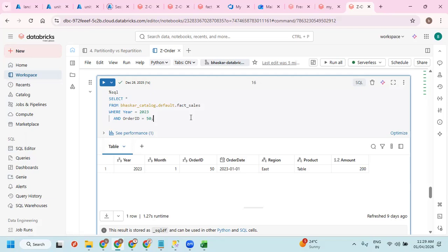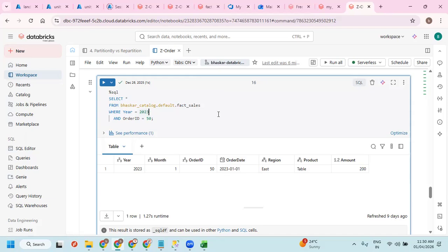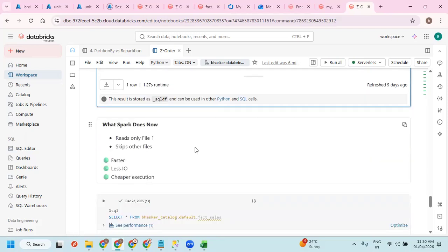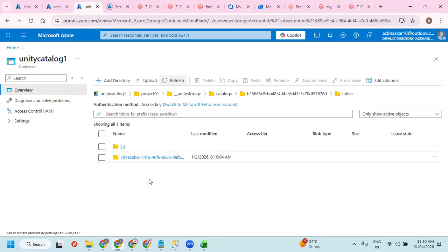While writing the data, we can use partition. The moment it is writing the data into the table, if it has a partition, let's say 2026 is coming and this is not available, automatically it will create a folder for it. So at the time of writing the data, it is going to arrange that. But for Z-order, how it is going to write the data, I cannot give a guarantee because I'm not able to see how this data is arranged.